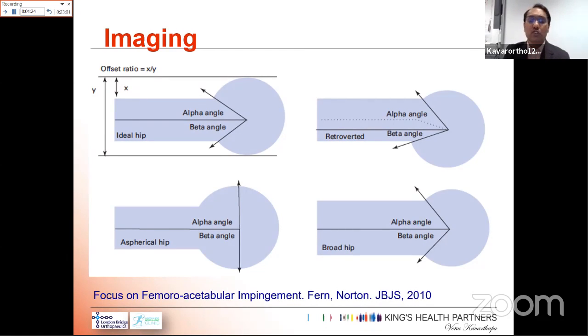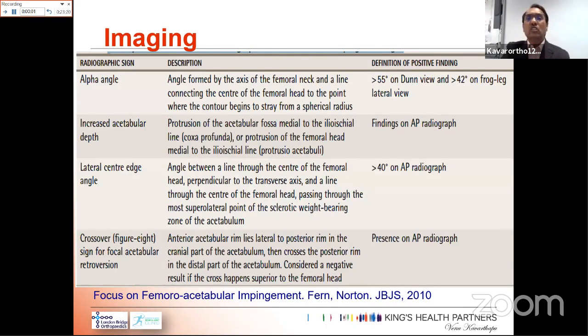But you don't need to know in detail about these figures, angles, and formulas, but I would like you to be aware of this. And similarly, if the femoral head is in retroversion in relation to the neck, then that also increases the alpha angle. So the alpha angle, if it is greater than 55 on Dunn's view, or 42 degrees on frog-leg lateral view,